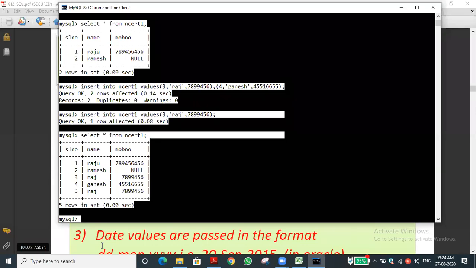What is the eligibility for a primary key? The value should be unique and it should not be duplicate. So if it is, it should be unique, so it won't accept it. That's one of the properties: it avoids redundancy of data, that is duplicate data. It won't accept whenever we set the primary key.